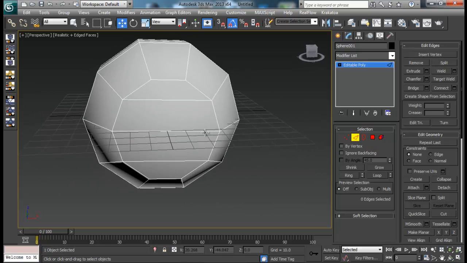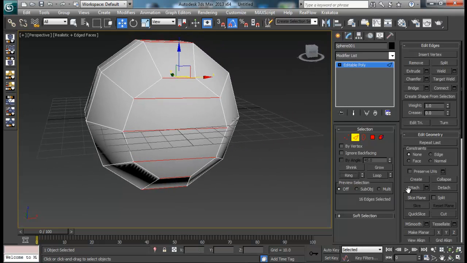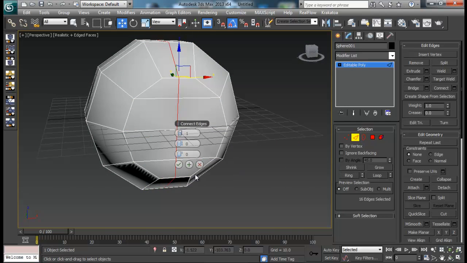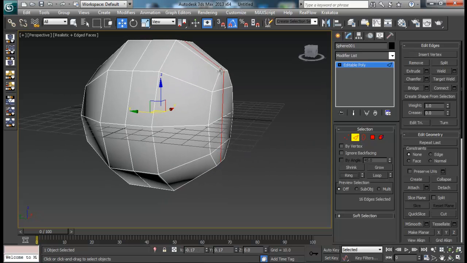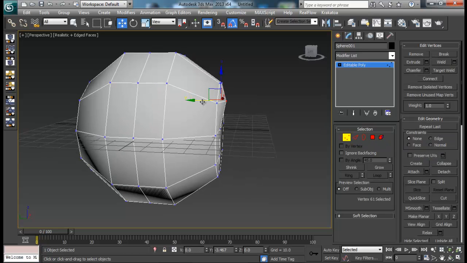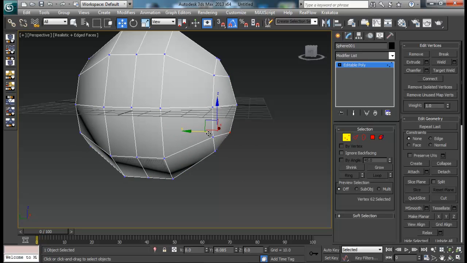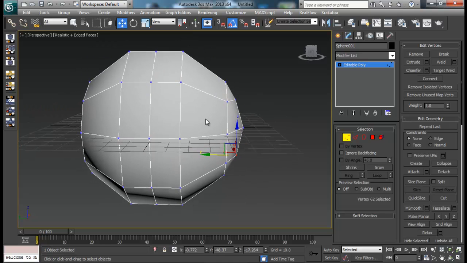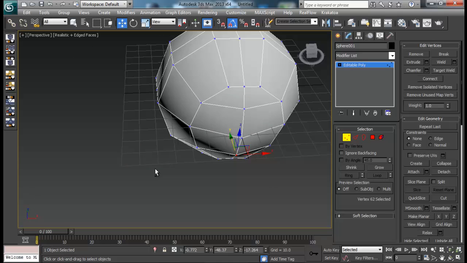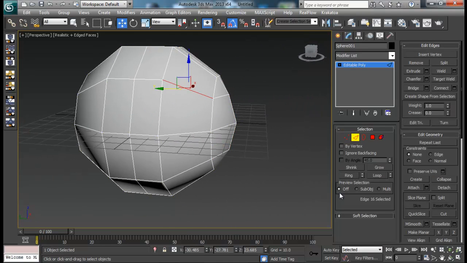Okay, now I'll just select this one, do a ring. Okay, we have got all of them, and do a quick connect. Then I want to create a round shape from here as well. So this one, a bit to the front. Okay, we'll just tweak these vertices a bit to get a proper result. And also I want one segment right here as well. Ring and then connect,